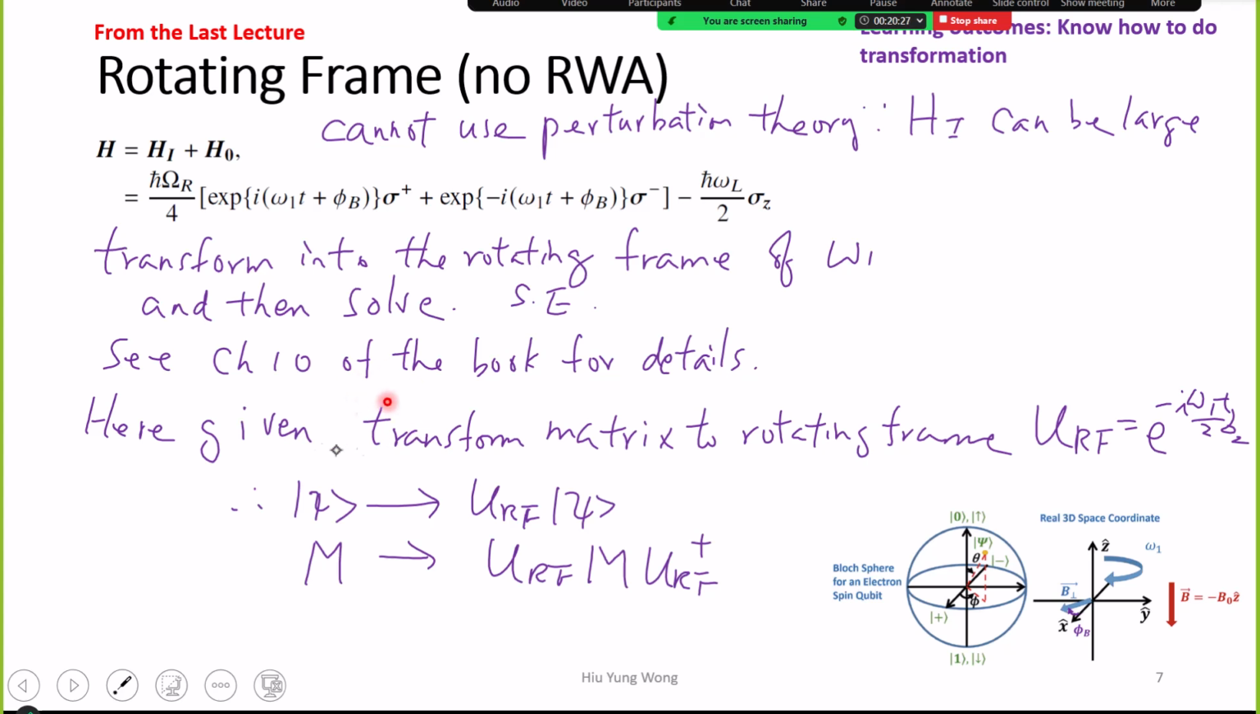And if I do so, I need to do the transformation of the frame. How do I do the transformation? The transformation of rotating about the z-axis is given by this: U_RF equals e to the power negative i omega 1 t over 2 sigma z. Very long, I don't need you to memorize. You can take a look at the chapter, how we came up with this form, as one way. But after all, you have this transformation matrix, then originally, this one means that this is the state,